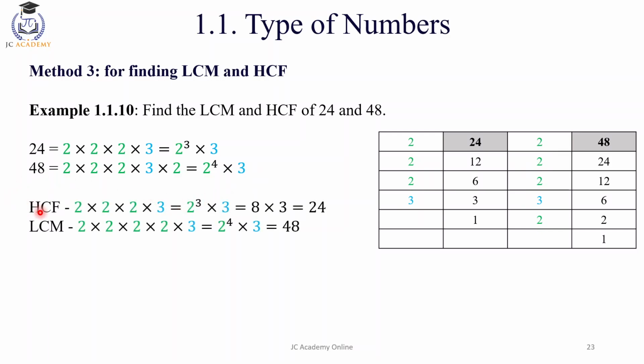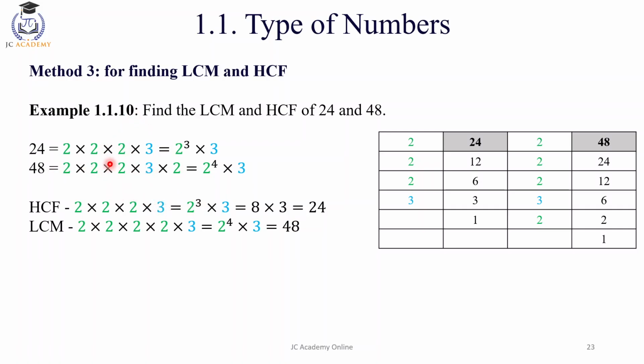Okay, so the highest common factor. The highest common factor is the largest factor that goes into both. Notice here there are 3 2's, and here there are 4 2's. So the largest number of 2's that are in both of these is 2 to the power of 3. In other words, there's 2 to the power of 3